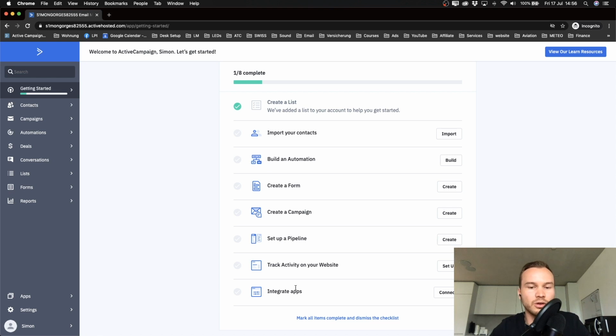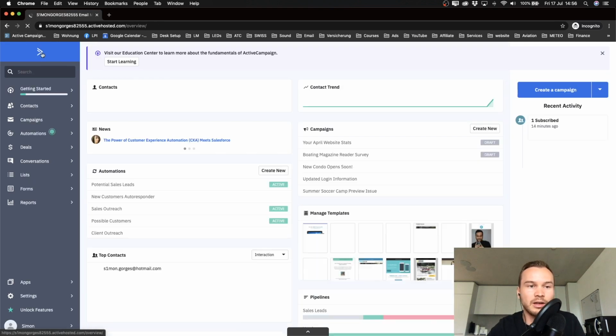But other than this, you don't need to worry about the Getting Started tab here because most of it we're going to cover in this tutorial. And if at some point you want to come back to this tab, just click on the Getting Started and you will see this checklist again. So what we're going to start off with is just clicking on the top left here on the ActiveCampaign logo,